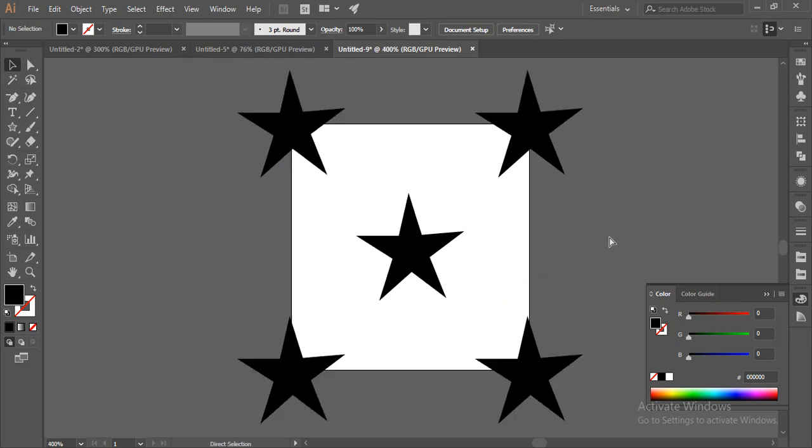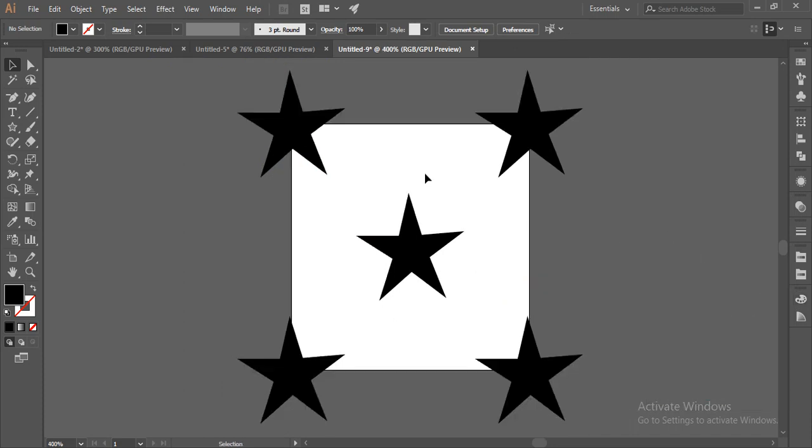Now as you can see, 4 copies have been made, and I have one shape in the center and 4 copies in all the 4 corners. Now I will make a square